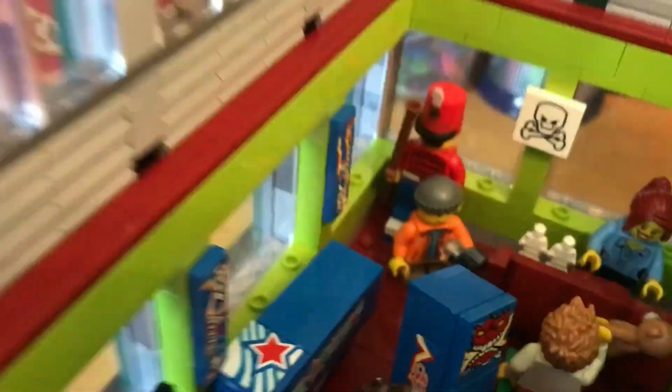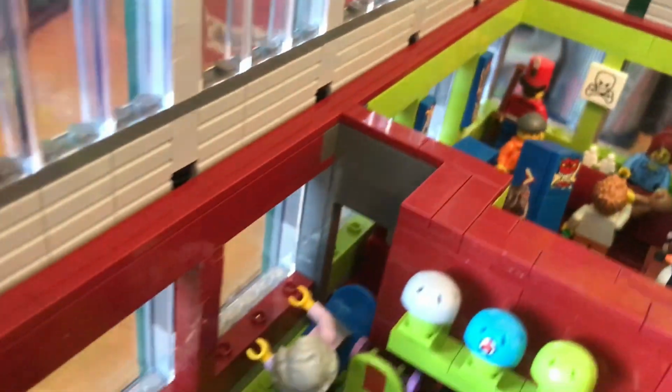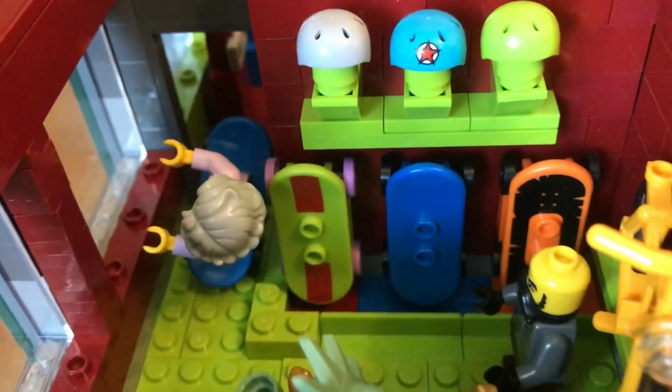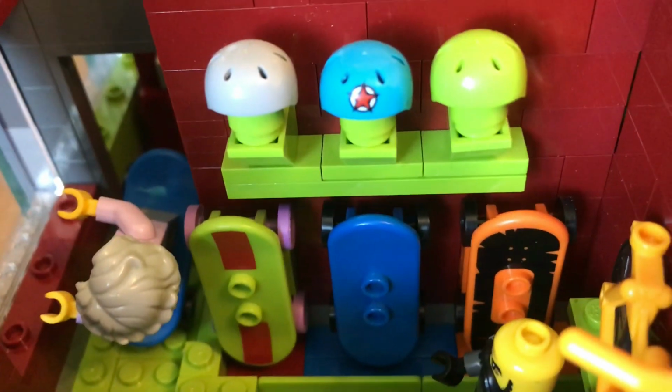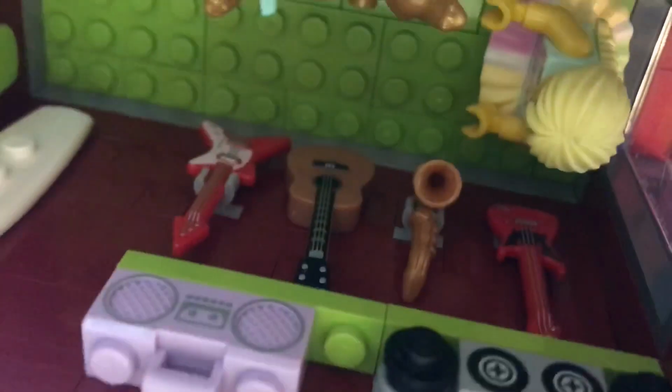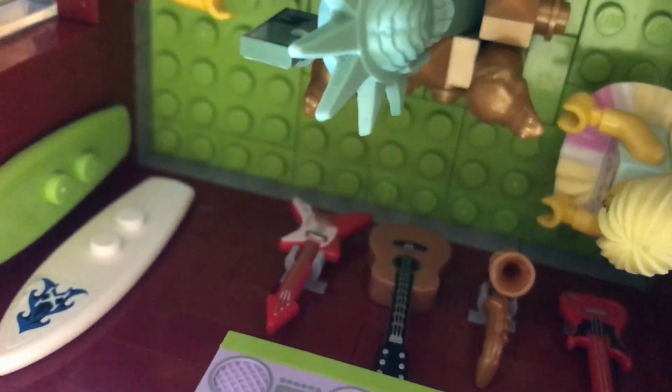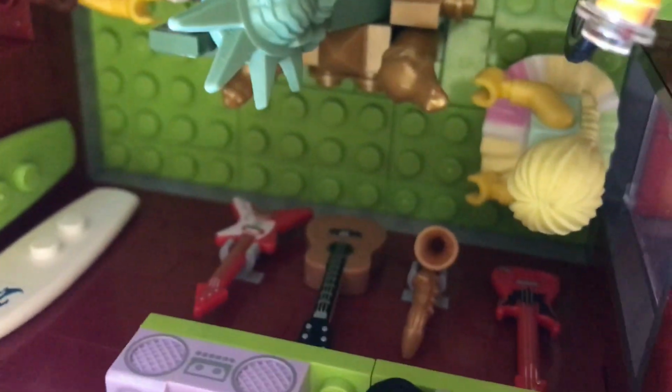It was like the entire base of these windows were jumper plates instead of actual tiles. Same for these ones even. But yeah, so we got a nice selection of skateboards and some helmets to go with them. There's a nice bike. We're gonna go upside down. There's some boom boxes and some guitars and other musical instruments. There's a saxophone there. There's two surfboards, and there's a girl reading a car number plate and looking at,